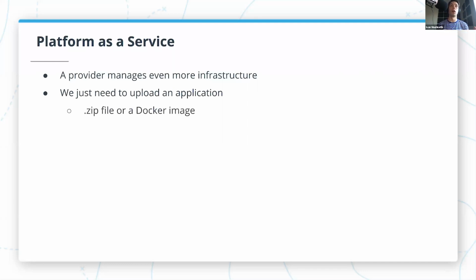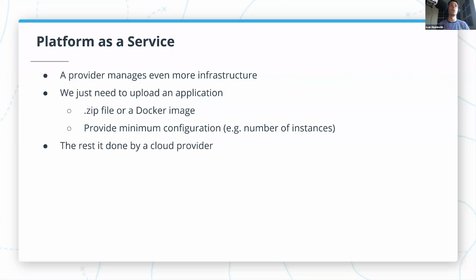And depending on what platform as a service we use, and there are many options, we maybe need to upload a zip file with source code of our application, or we may need to upload a packaged application or a Docker image. And then we need to provide a minimum configuration, say a number of instances that we want to run. And then the rest is done by a cloud provider.